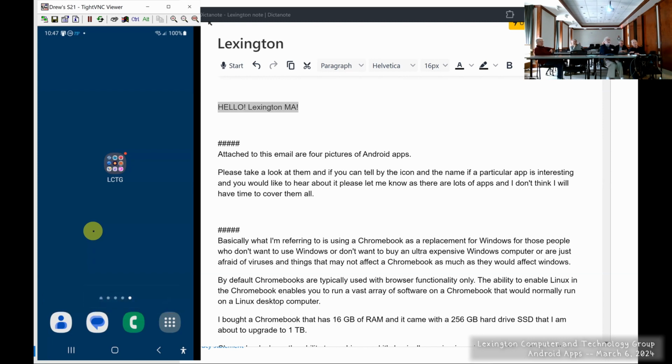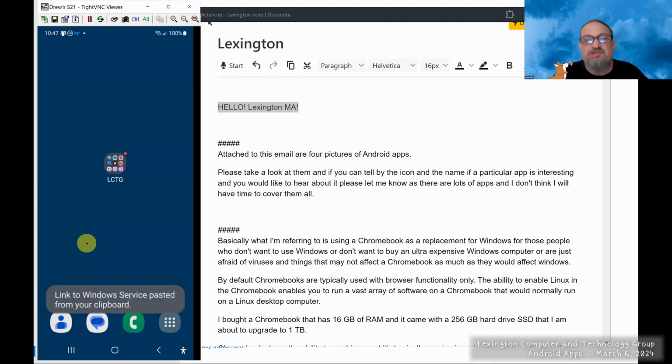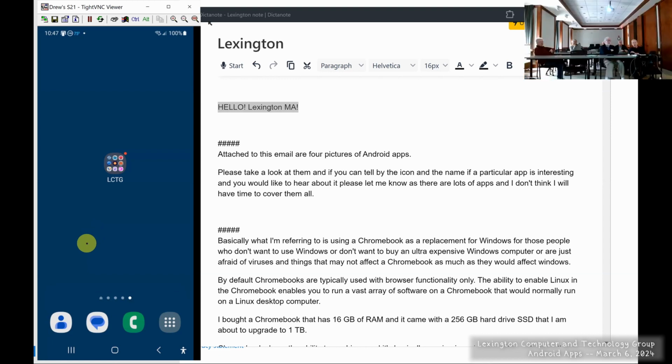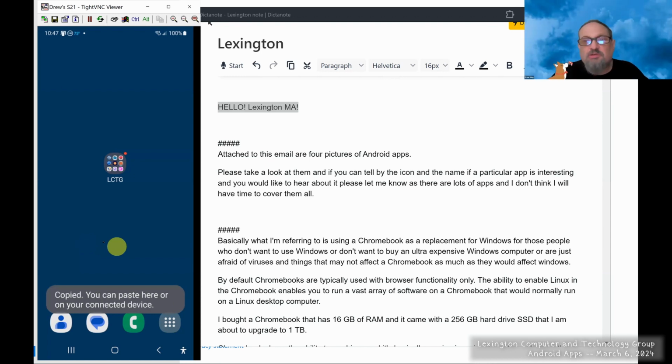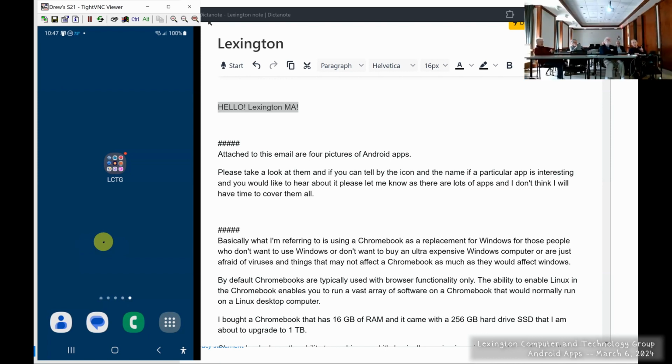And does this also allow you to do images the same way? Yes, if you copy a picture to the clipboard, then you can paste that picture on your other device. All right, Drew, can you do it the other way? You take a picture from your phone. Yes, whatever you put in the clipboard on either device can go to the other device. But you can't manipulate the phone from your PC screen. You have to go to the device, copy it on the device, and then